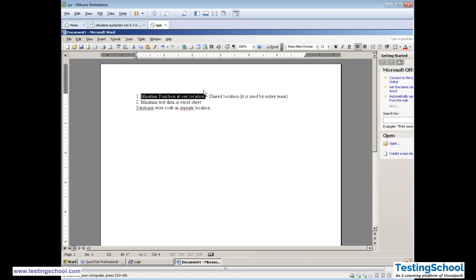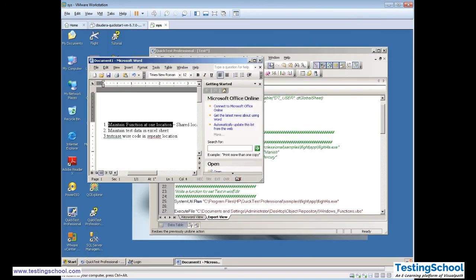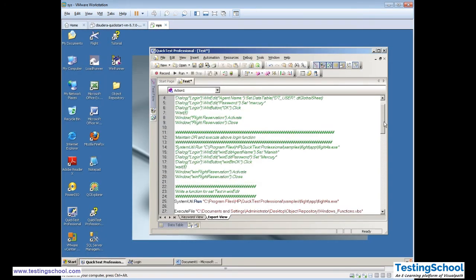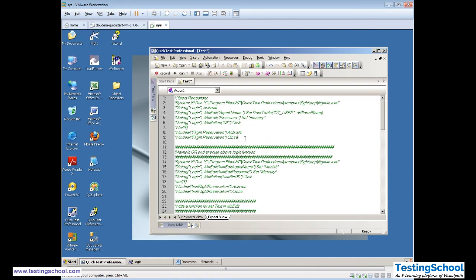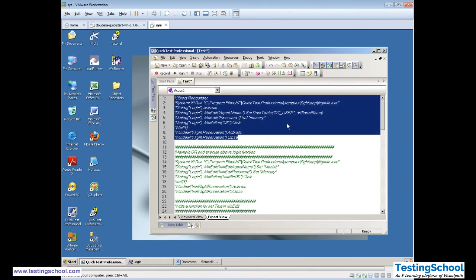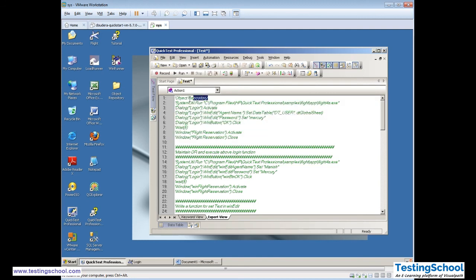So in today's class, what have we learned so far? We have learned how to use record and play.